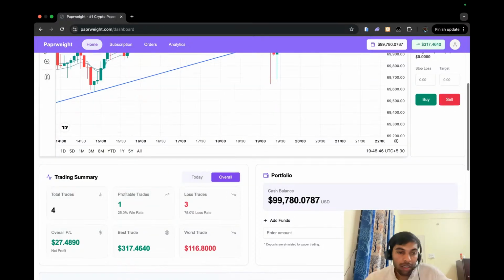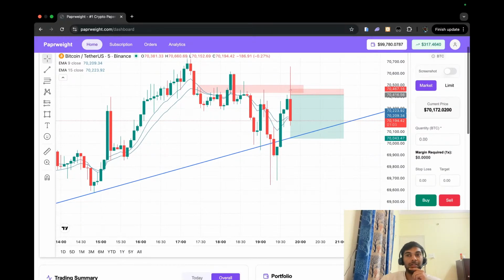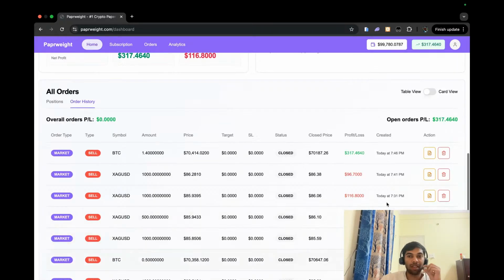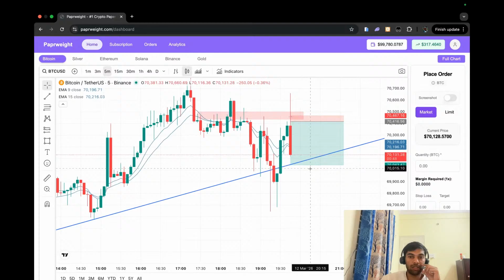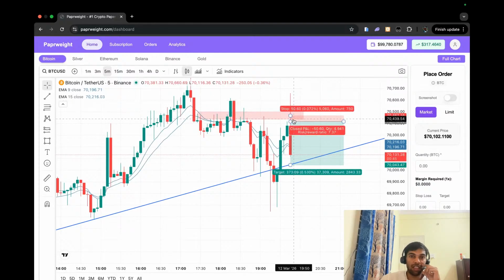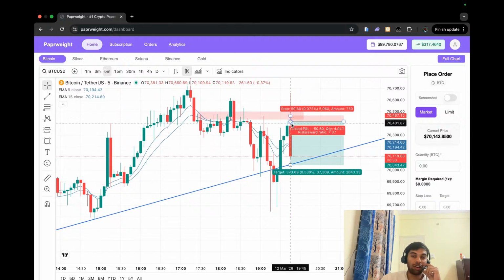So all right, we are back at our original score. This is the trade that gave us so much. The last three trades are in losses, and we took this trade just because this is going good. This is taking a rejection, and after this much of buying, there are so many buyers who came in, and after this false breakout, the chances that the buyers got trapped is quite high.